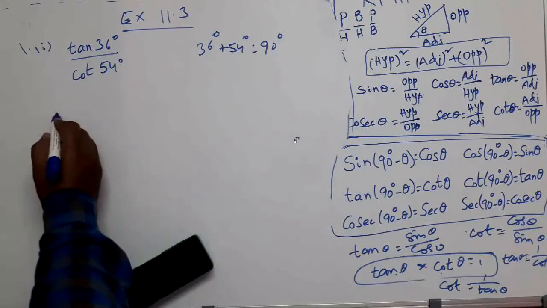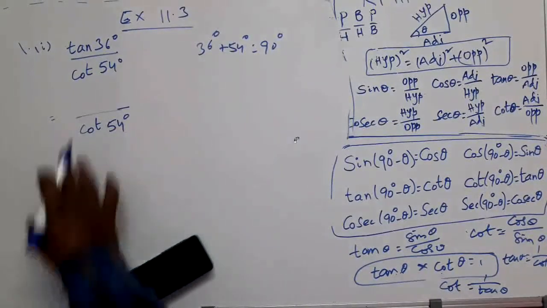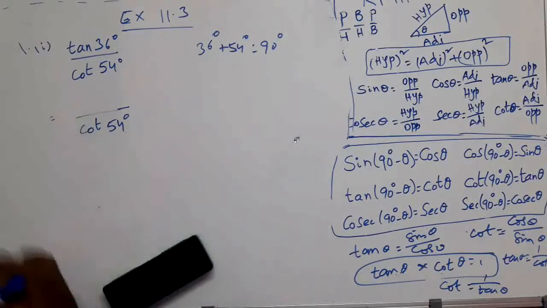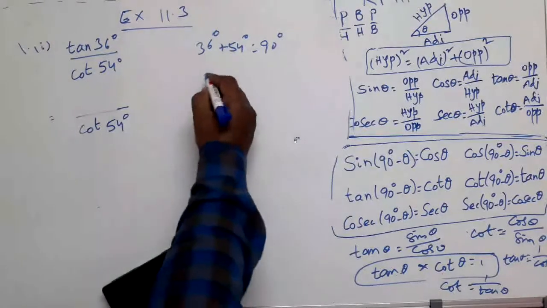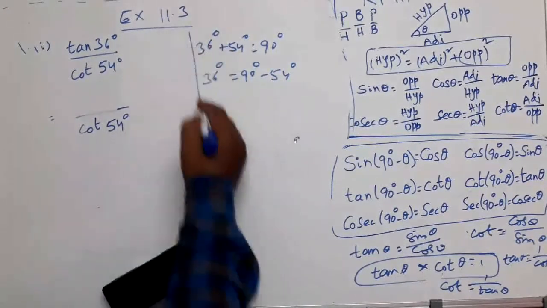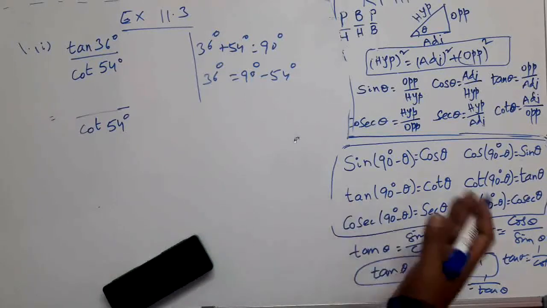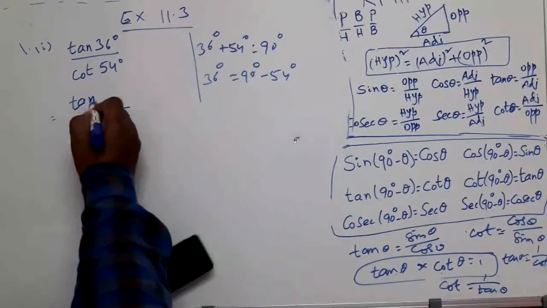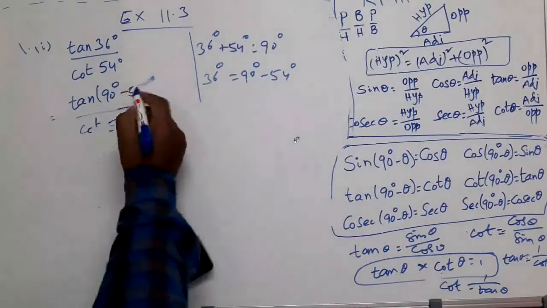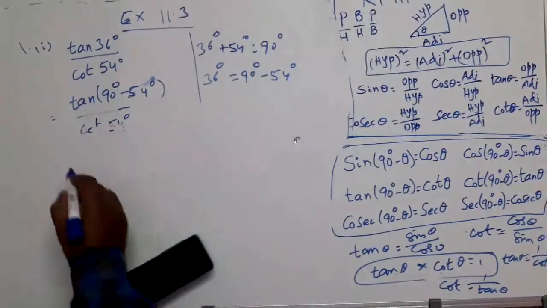So let us leave one of the terms, numerator or denominator, as it is. Let us say the denominator I have kept as it is. I am changing the form of the numerator. Tan 36 degrees is the numerator, but in the place of 36 degrees I can write 90 degrees minus 54, right? I will write that. Why? Because so that I can use this formula, right? So I am writing tan 90 degrees minus 54 degrees. In the place of 36 degrees, I have substituted 90 minus 54 degrees.